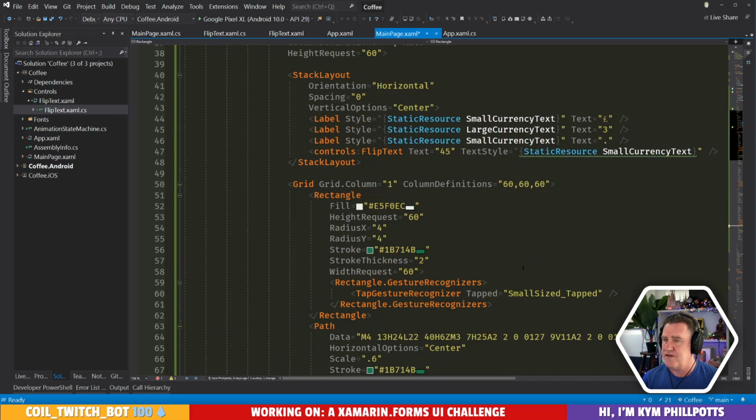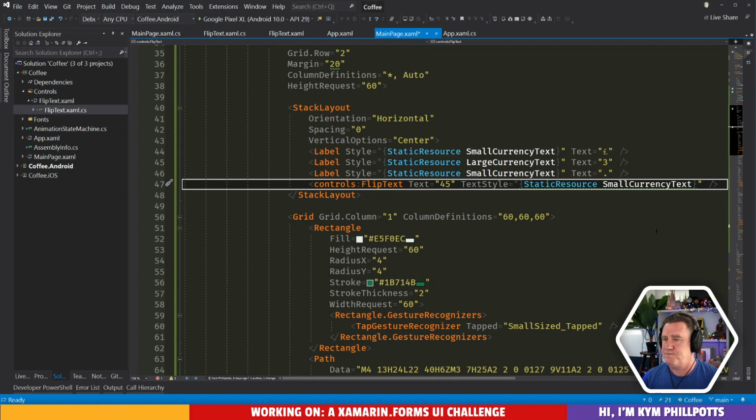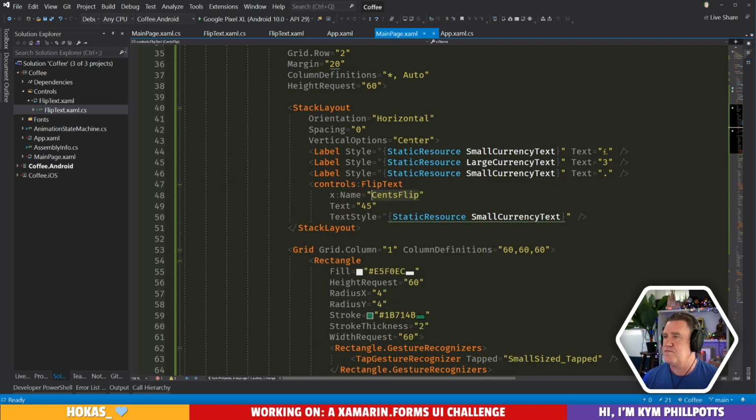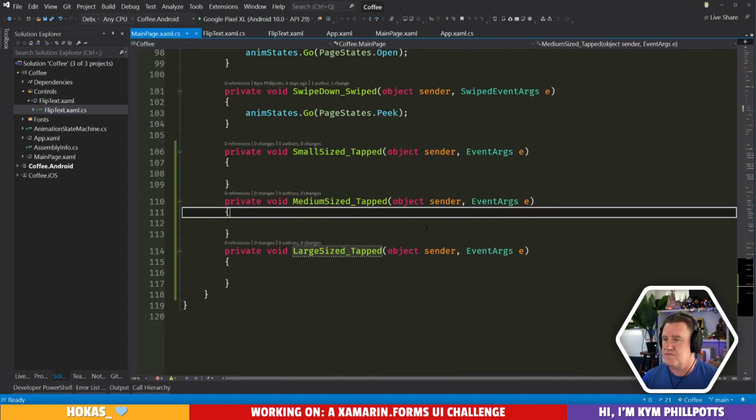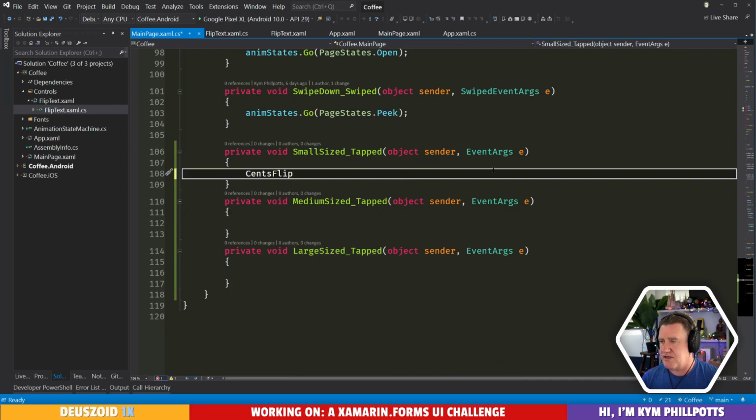So we'll give this a name, this flip text. And I'm just literally going to say sense flip. I'm just going to give it 3 different values.